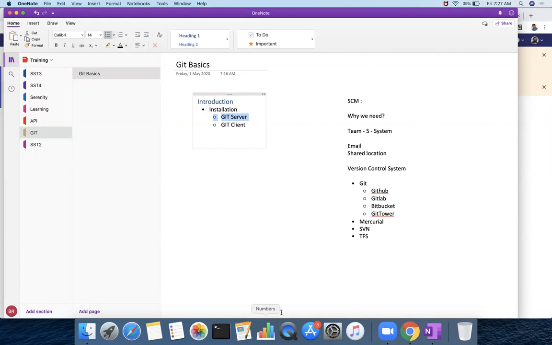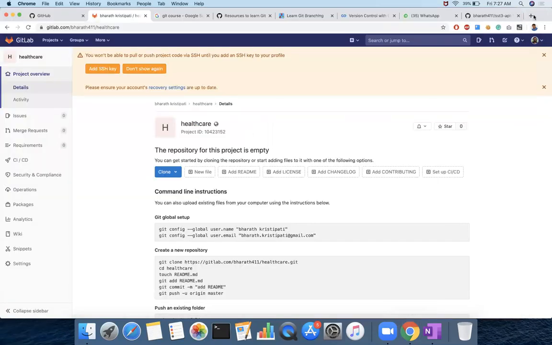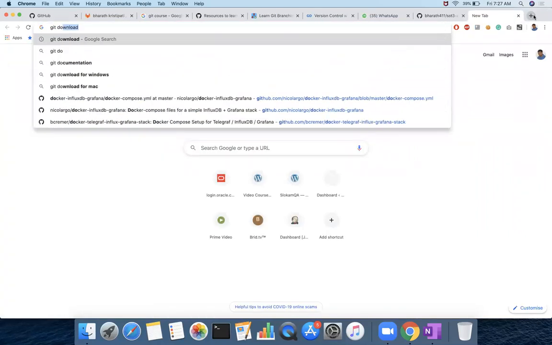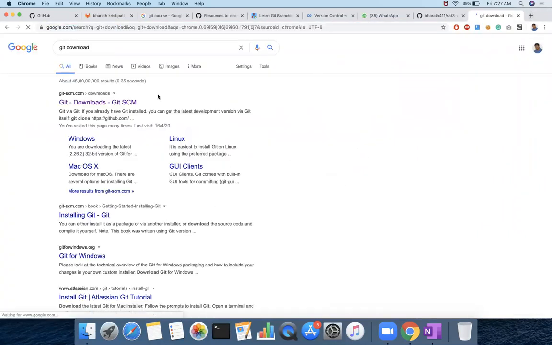But if you use technologies like GitHub or GitLab, you don't need to maintain the Git server. They will maintain it for you, and you can create a repository out of it. A repository is nothing but a project. So we use the GitHub server, and for the Git client, you can go to the Git download page.